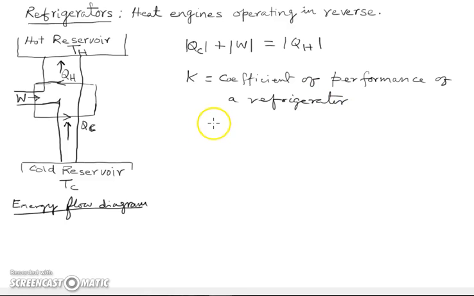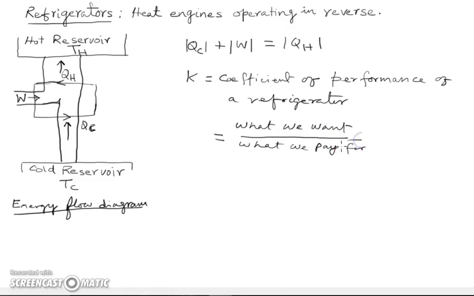All right, and this coefficient is defined by what we want over what we pay for. What we pay for, right? So what we want